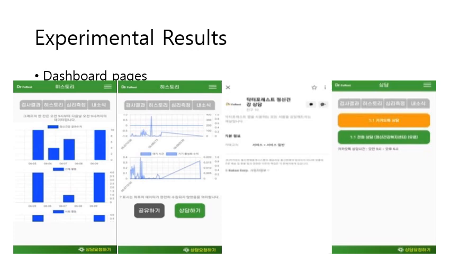The inspection results are provided as a bar graph and a line graph, as you can see on the left side of this slide. The data collected every 15 minutes is provided as a line graph.